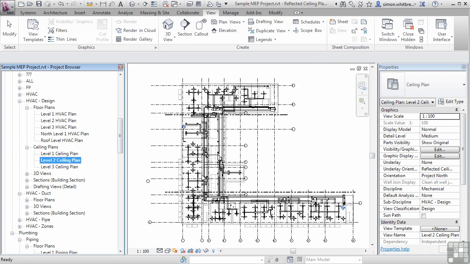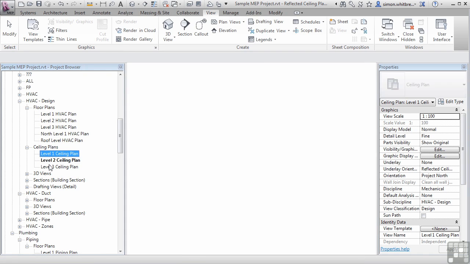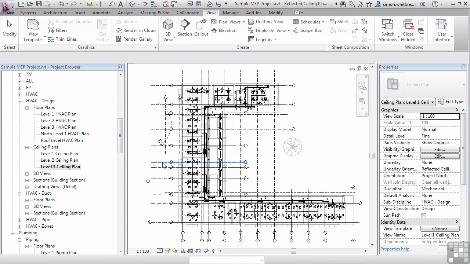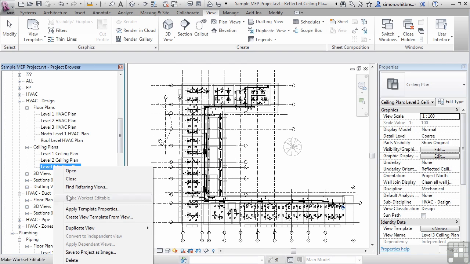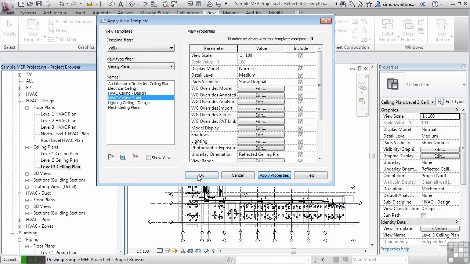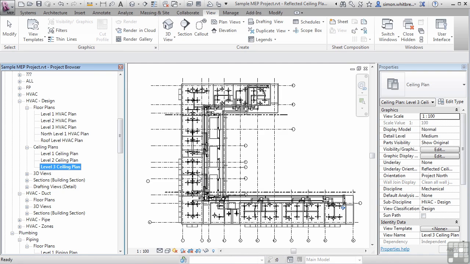Click on OK. Now I'd like my level 1 and my level 3 to have the same level of detail and visibility of objects. There's two ways I can do this. Firstly, I can right-click on this view, apply template properties, and then select the HVAC ceiling plan view template. If I click on apply properties and then click on OK, you can see that this has now tidied up